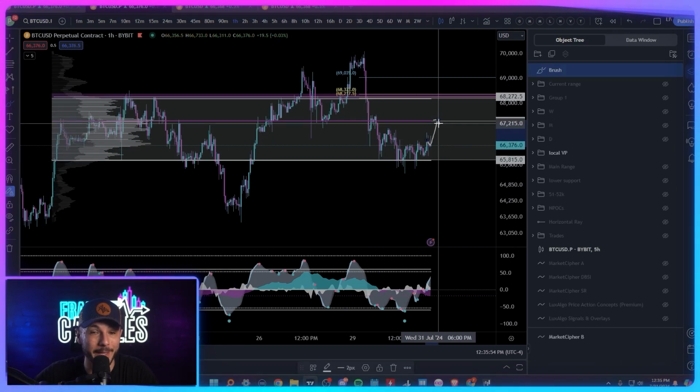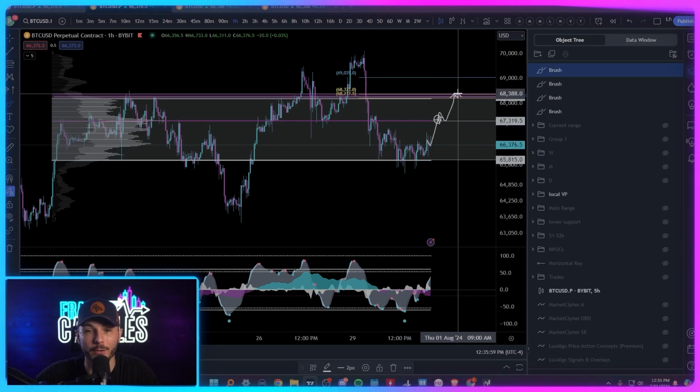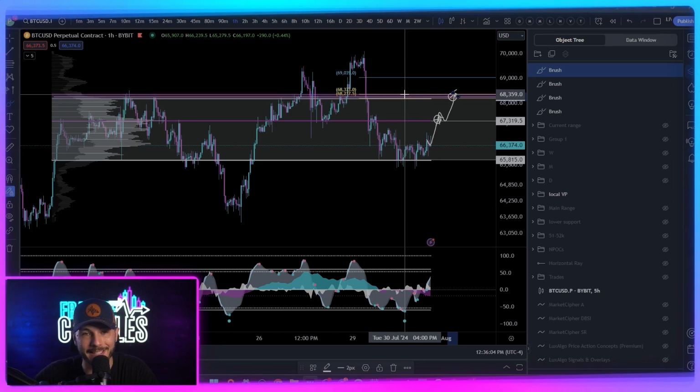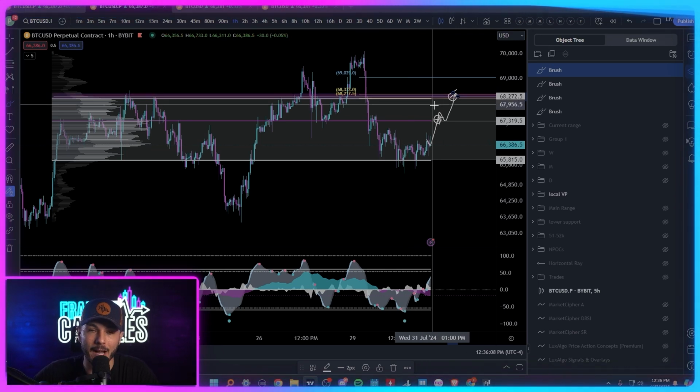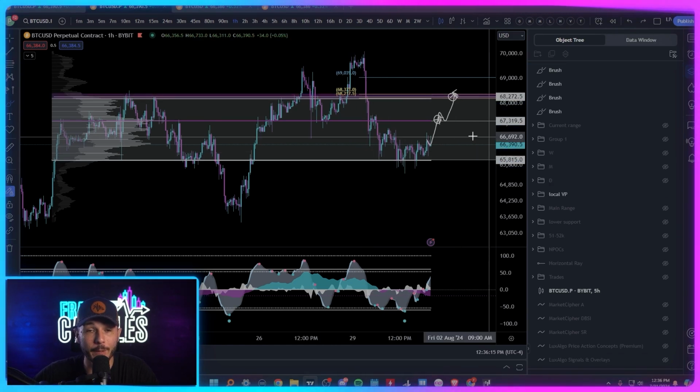If we get a push up, this POC is going to be absolutely key resistance at 67.3. And then if we hop above that, we can look at this value area high golden pocket confluence sitting between 68.2 and 68.4. And that golden pocket confluence does look pretty nice. So I will be looking at this range locally for some scalps if we do wind up getting the setups